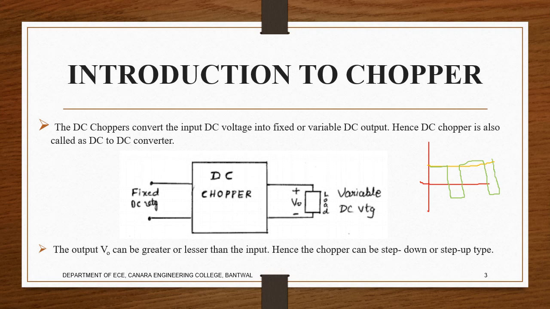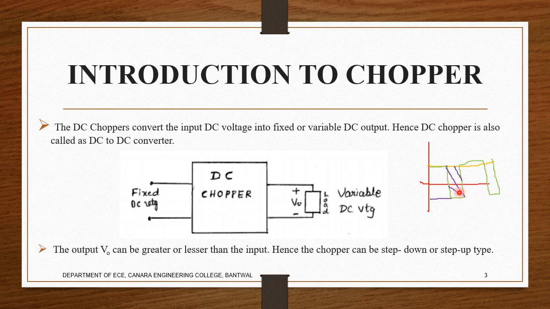So what we can show is this is the on cycle and this is the off cycle. This is the only variable that we can change in DC voltages. We cannot change it like what we did in AC. So this is actually the variation we will be going to see in the choppers. We just need to change the on and off cycle so that we can have a variable DC voltage. This is what we mean by variable DC voltage here. The fixed voltage is the yellow line you can see, and this is the variable one. So we can vary the T on and T off.